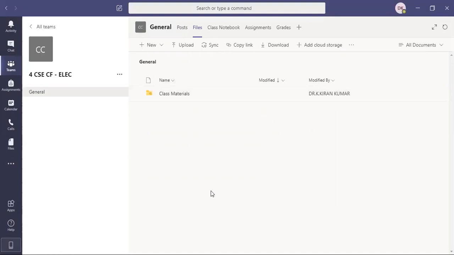There are multiple options such that you can give the edit option also for the student, where whatever you are going to enter, the student also can modify that particular content. Or you can give only read-only content so that they can download it or read it online. So all the materials, everything which you are going to give to the student will be held in this particular place. By using the upload button, you can simply upload all the files for all the students.